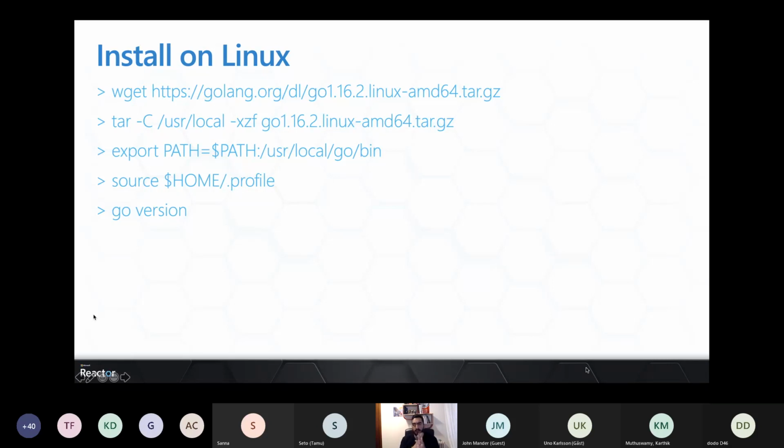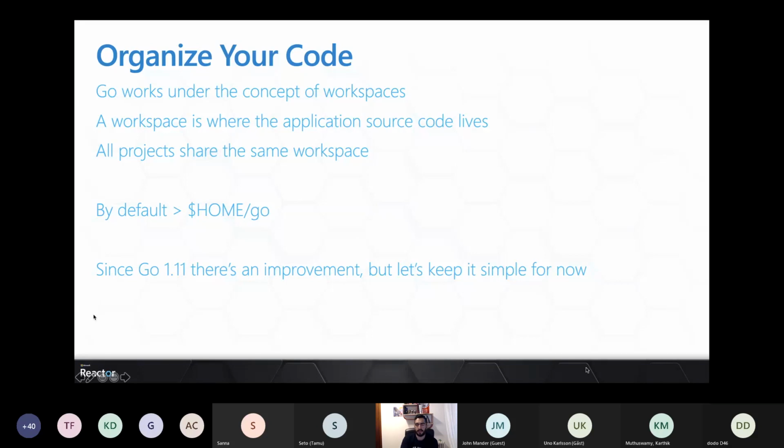So there are a few things that I would like to discuss. Once you have this installed, there are a few things that you need to keep in mind: how Golang organizes the code and how you're going to have to organize your code. This is really important, and I would like you to pay close attention to this point, because otherwise you're going to have a few problems trying to write applications the way that you are used to writing them in other programming languages. This is very idiomatic in Go.